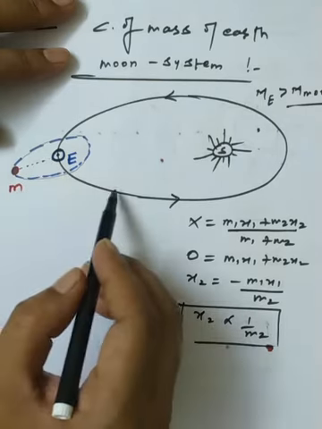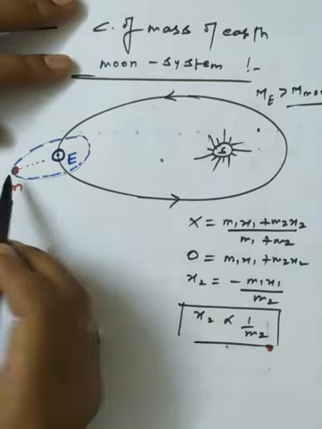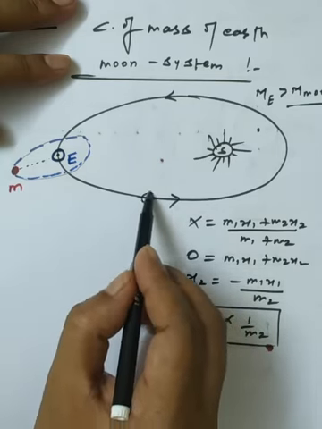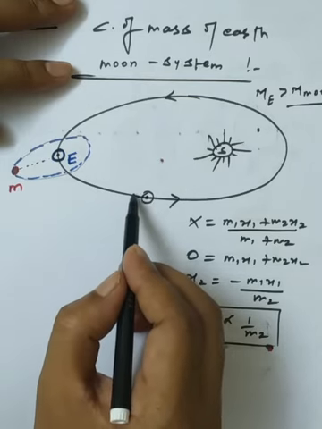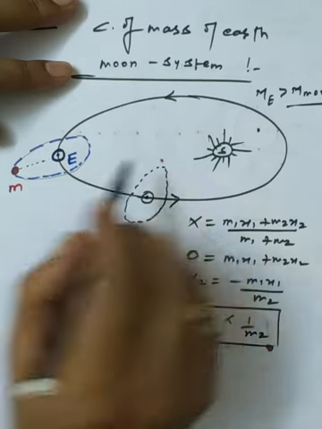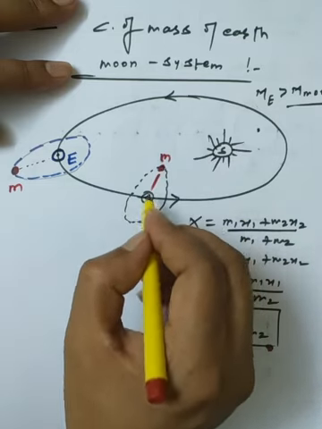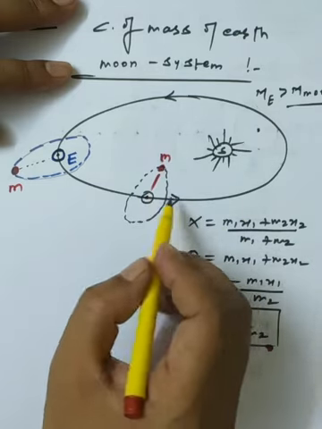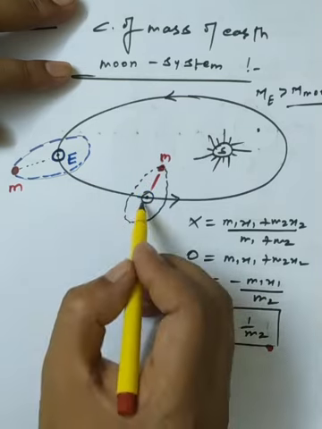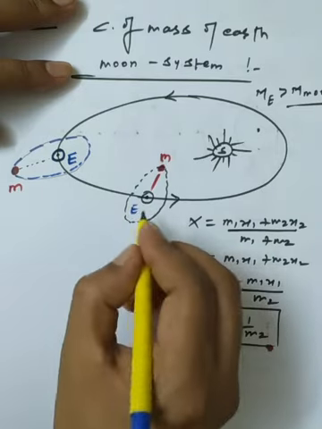Now during the motion, the moon can be at different positions on the orbit. Suppose earth is here, and the orbit is in this manner. Suppose this is one position of the moon, and this is another position of the moon. The center of mass is along the same direction. Whatever the movement of the moon around the earth, the center of mass will always lie inside the earth. This is the special characteristic we have for systems of different masses.